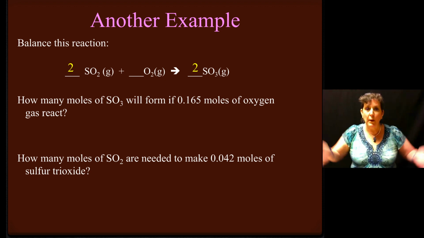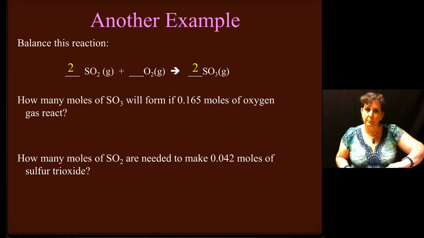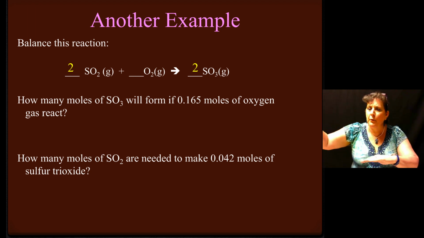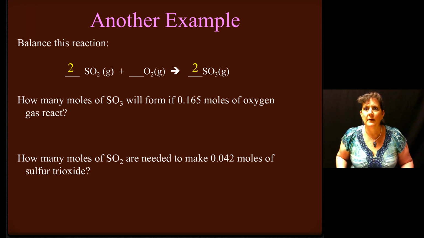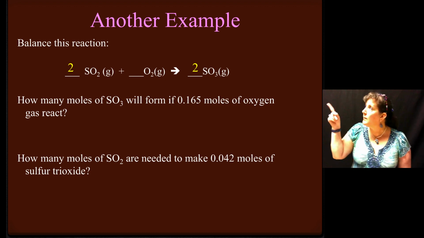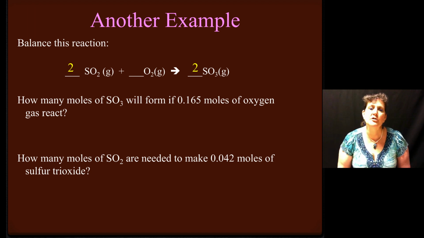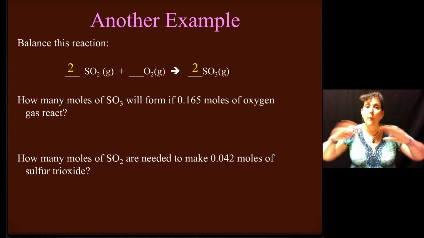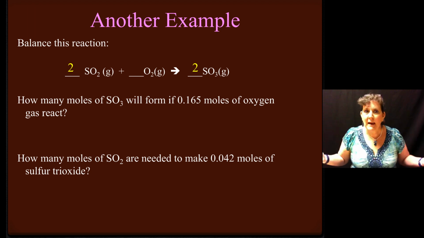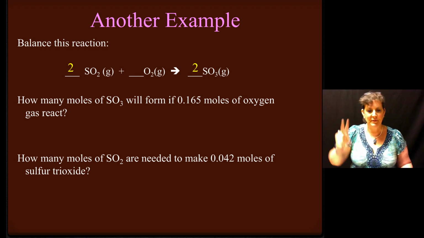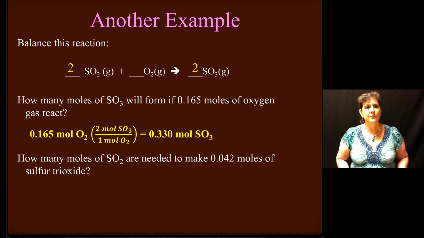So then we have our mole ratio, a mole on top and a mole on bottom. That's a mole ratio, right? Mole over mole. Which mole has to be on the bottom to cancel out with what we started with? Yes, moles of oxygen has to be on the bottom. How many moles of oxygen are in the balanced reaction? Just one. So 1 mole of oxygen is on top. What are we trying to find? Yeah, SO3. So moles of SO3 are on the bottom. How many moles of SO3 are in that balanced reaction? Yeah, 2.